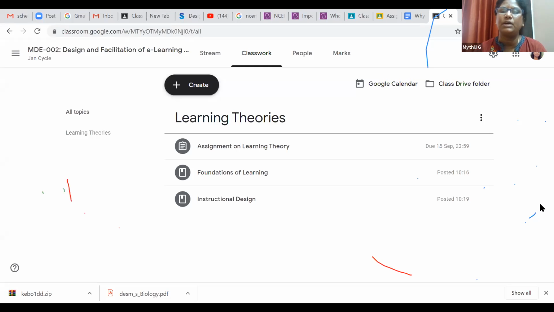Here we are using this for a controlled way, and it is not on the LMS. This is a classroom additional to that. In the LMS we can track the student, but here we cannot. We can only track the assignments. How much content they have completed, how much of the instructions they have followed, that tracking is not possible. When they log in or join, the teacher cannot see it in a report. We have to get the analytics from the admin, and only then will we come to know that this particular student joined at this time.